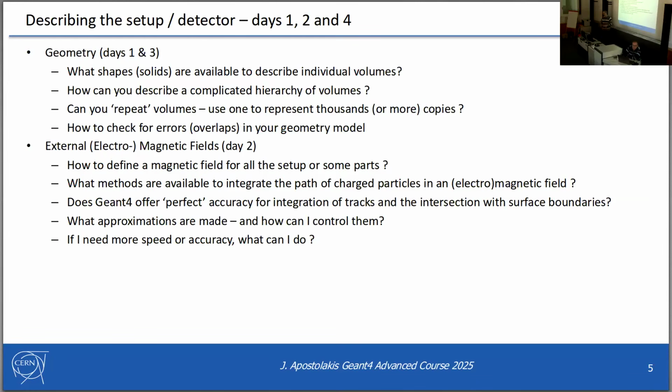In general, you will hear shortly the first part about the geometry, and that's a key part of how you describe your detector, but there's quite a lot of depth, so we will continue on day 2, how to describe a complicated hierarchy of volumes. When might you want to use what we call repeat volumes, how to check for errors and overlaps, and a little bit about how to import